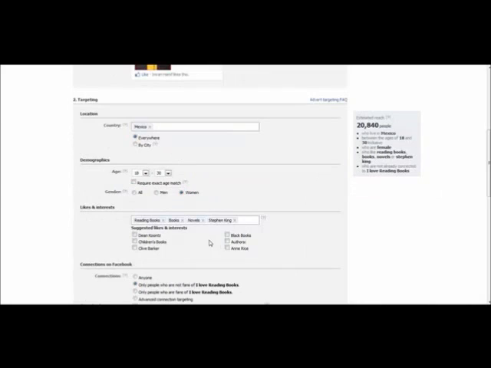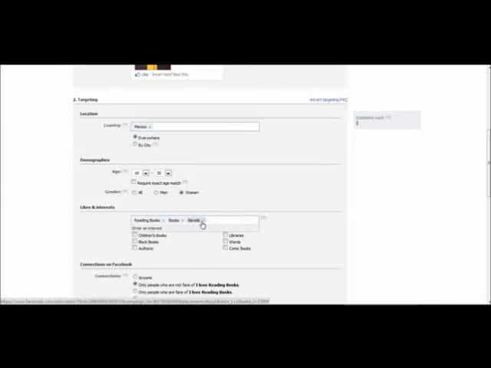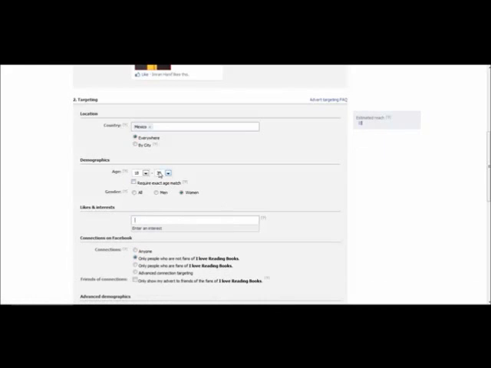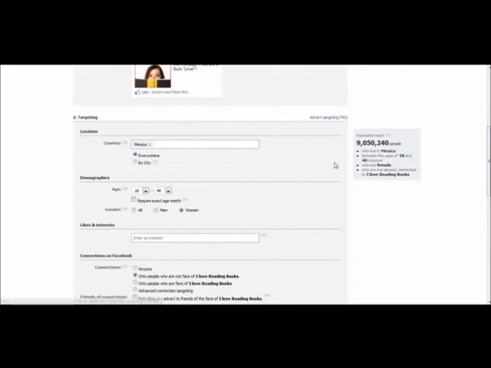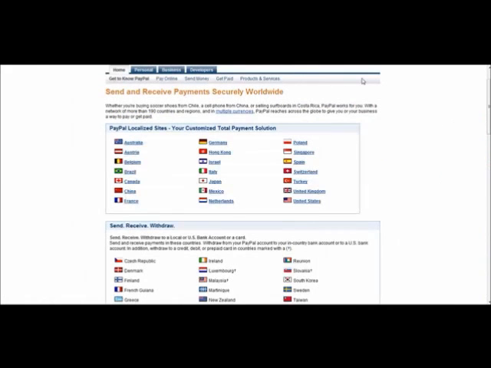There's 20,000 people in Mexico, and let's take these off. Let's see how many females fall under the 18 to 40 category in Mexico. There's 9 million people, and just look at these impressions. This is incredible. The reason I love targeting foreign countries as well is that all you have to do is go to PayPal and look at the countries that accept PayPal, and you can see Mexico is listed here. This is pretty cool.